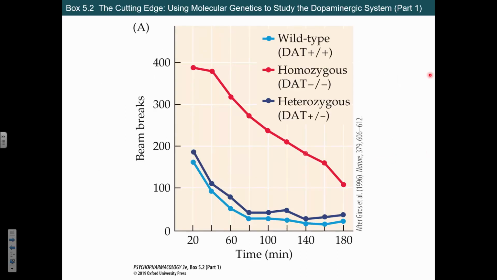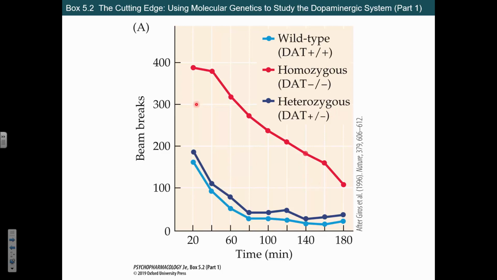Don't worry about this too much. What's a wild type mouse? That's just a regular mouse that we've not screwed around with its DNA. Just to give you a heads up there. That's wild type. Homozygous is when we've altered both copies of the gene. Heterozygous is when we've only altered one copy. Okay? So if you see that language out there.